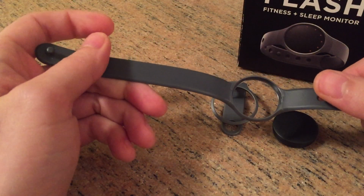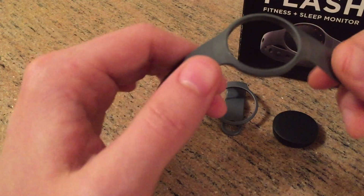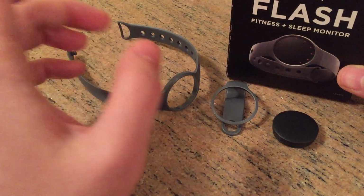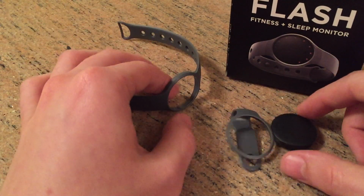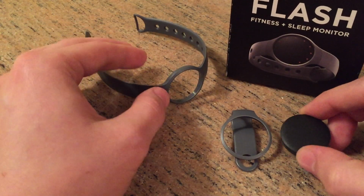I just wish for me that the sleep function integrated with Apple's HealthKit, because that would make things a little more useful in my use case scenario. But again, they're always updating the app, so you never know. By the time this is viewed, that update may be out and available. But yeah, I just wanted to give you guys a